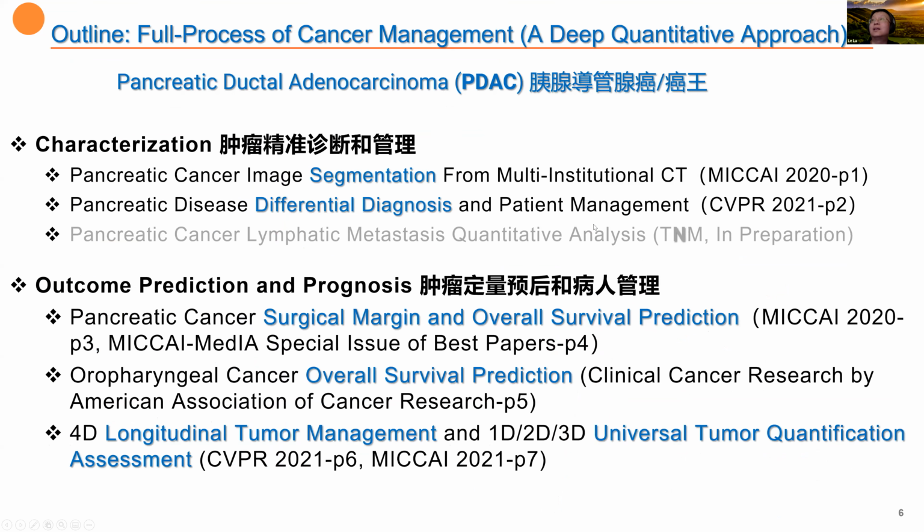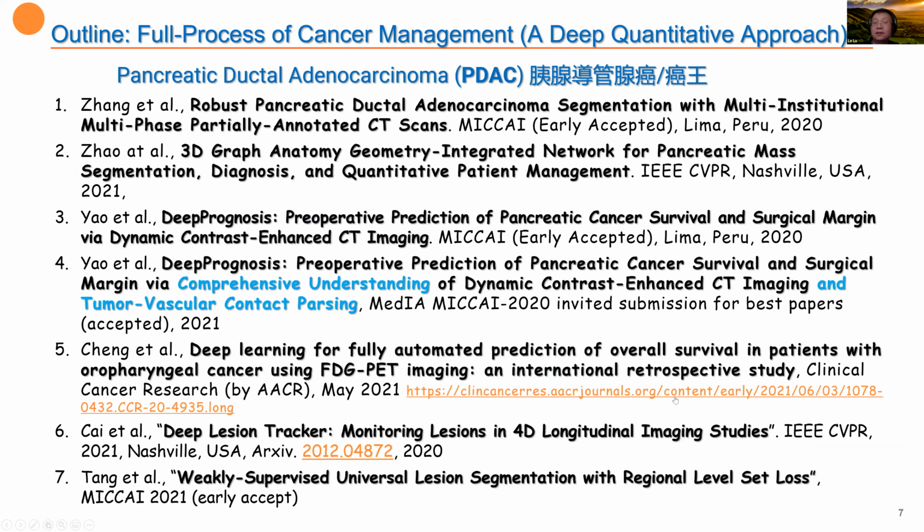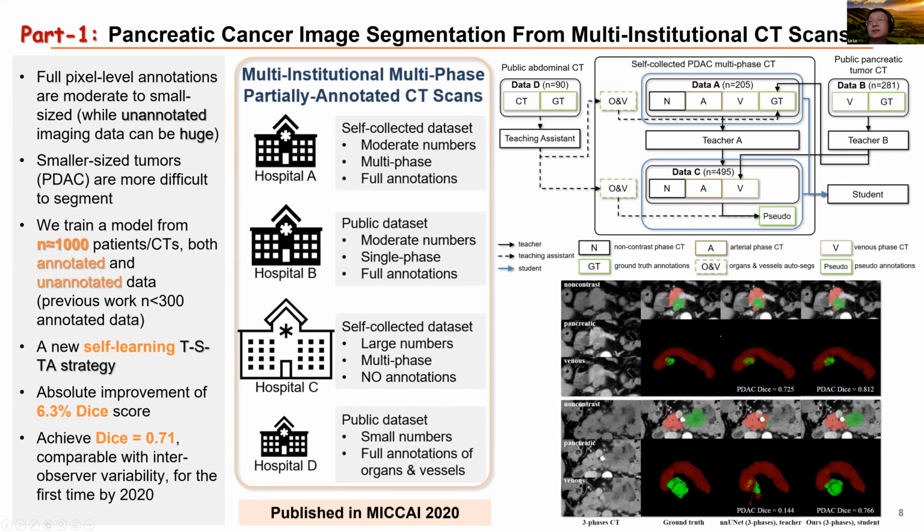Forgive me, I have some Chinese characters in there because I give talks to the Chinese audience as well. Sometimes they cannot figure out what the English words mean, but I think my English part should be sufficient. So I basically talk about these few papers, like 7 papers. This is the 7 papers I'm going to cover. So the first work is, I'll go quick because of the time issue. I think I don't have much time.